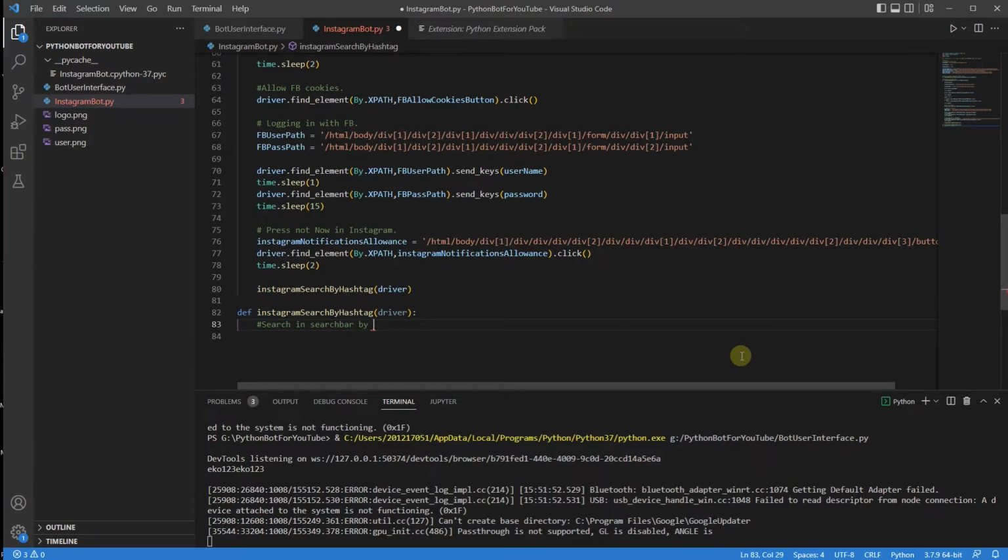Oh, no, not the search bar. This is going to be for later. We're actually going to get to search. In order for us to head to search, I want to say driver.find_element, and I'm going to be